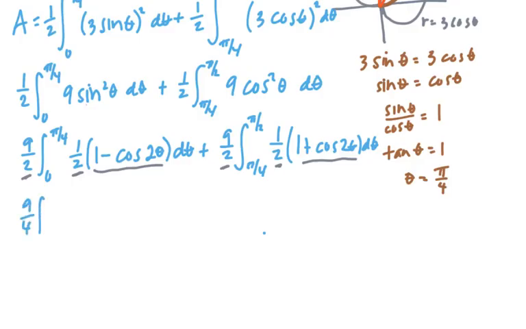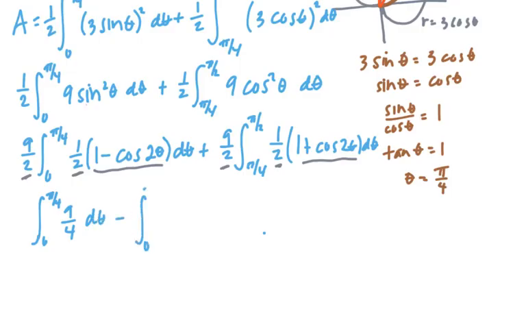So we have 9 over 4, the integral from 0 to pi over 4. Let's put the 9 over 4 inside. Let's do 9 over 4, because 9 over 4 times 1 is 9 over 4 d theta,